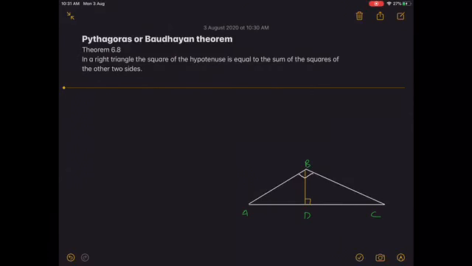Okay, children, the next theorem is the Pythagoras theorem, which is theorem 6.8 of your 6th chapter. It says that in a right angle triangle, the square of the hypotenuse is equal to the sum of the squares of the other two sides. So let us try to prove this. First we'll consider a triangle. Let triangle ABC be a right angle